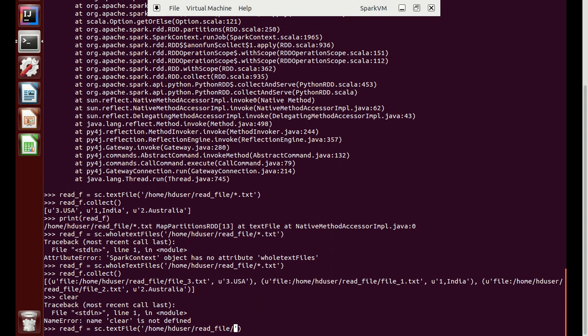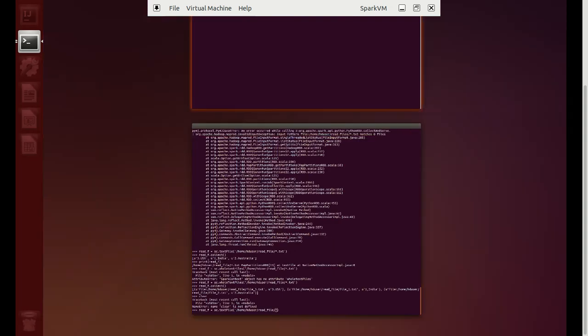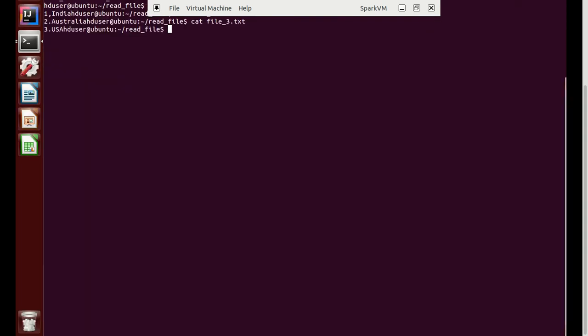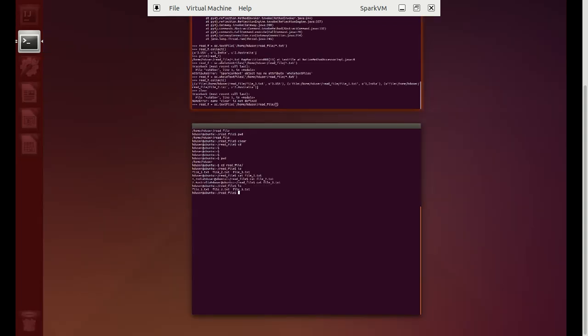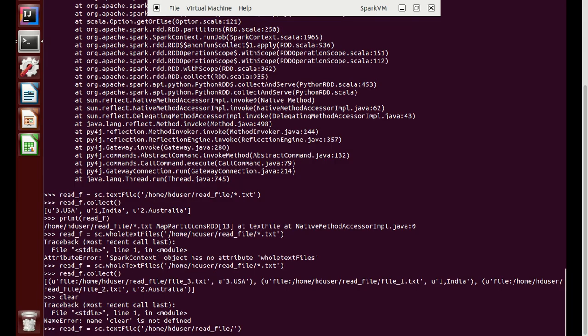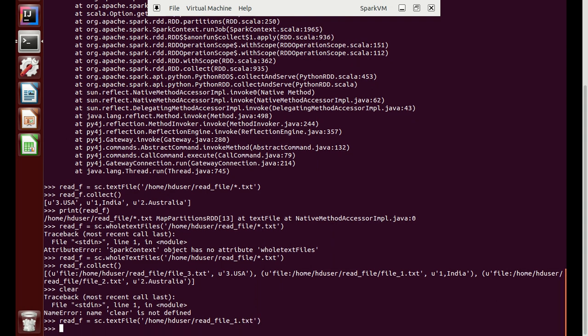The file name is, sorry, let me display it, file1.txt. So we'll provide file_1.txt. Okay, now we are able to read this file.